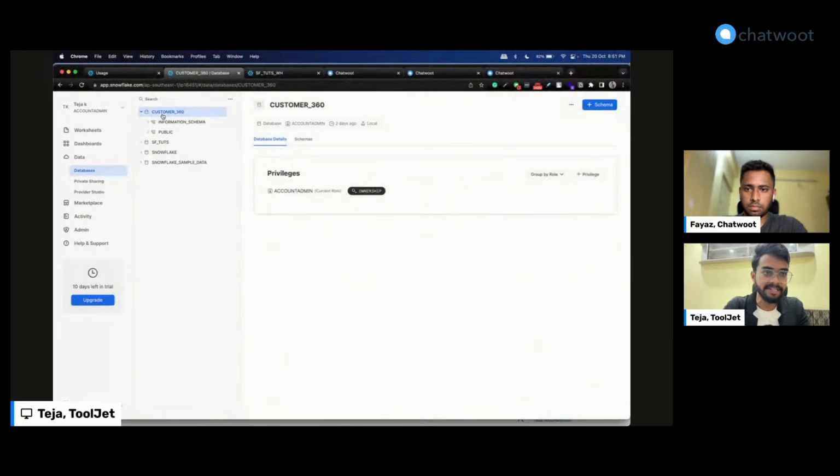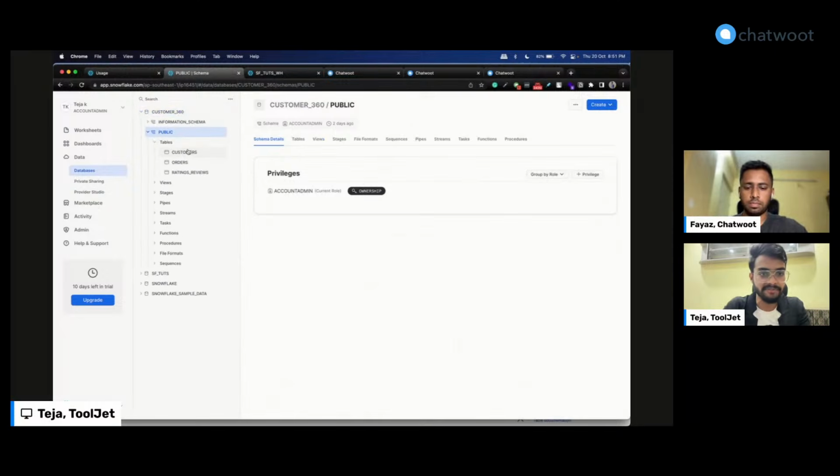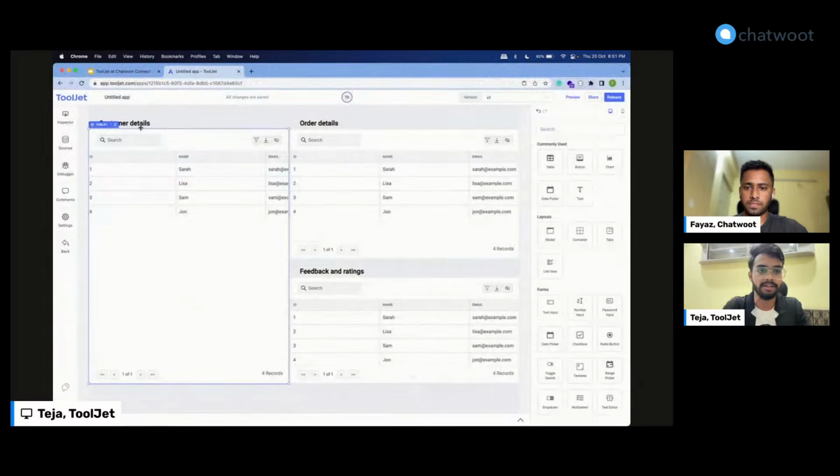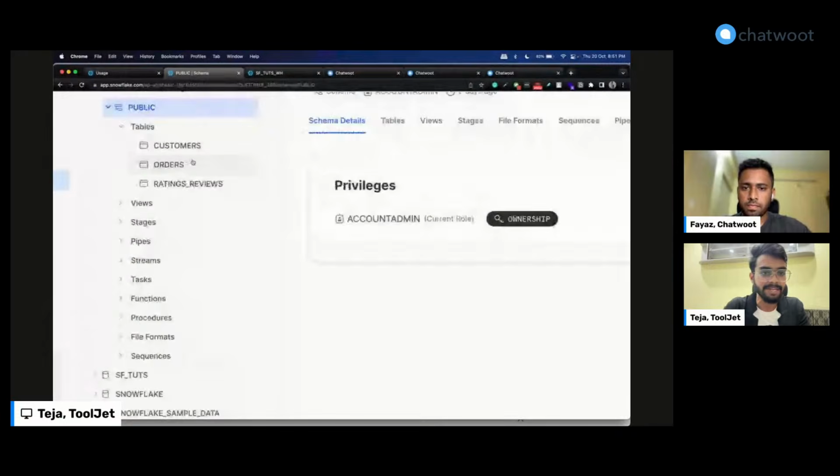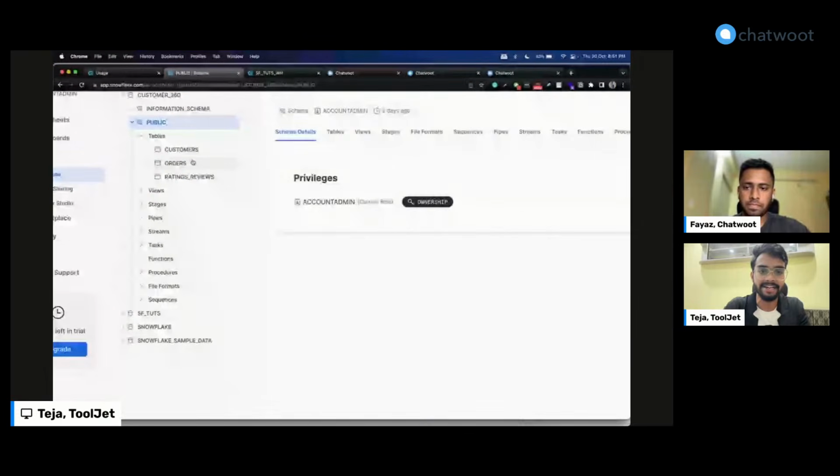I have a database in my Snowflake account which is customer 360. It has three tables inside the public schema. Out of these, the three tables which are very relevant to what we are doing are customers, orders, and ratings. These are very much aligned with what we want: the customer details, orders, and ratings, right? These are the three things which we will be using to get this data and populate